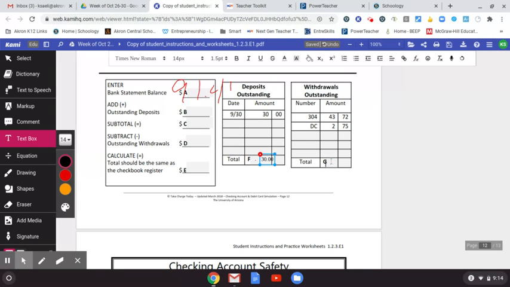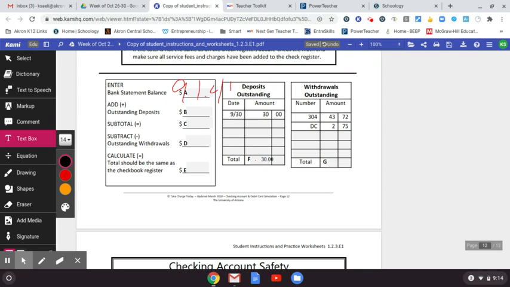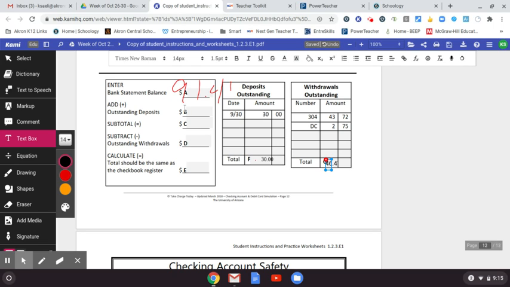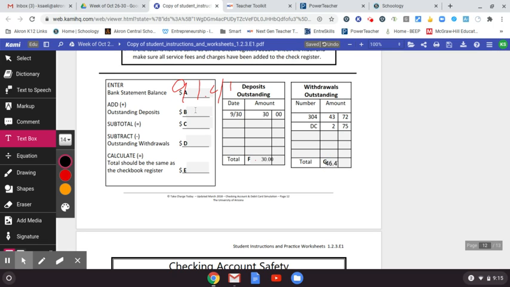And we have our total for our withdrawals outstanding is going to be, so we are 7, 14, 6, 46, 47 here. Okay, so we are going to take a look at our outstanding deposits,